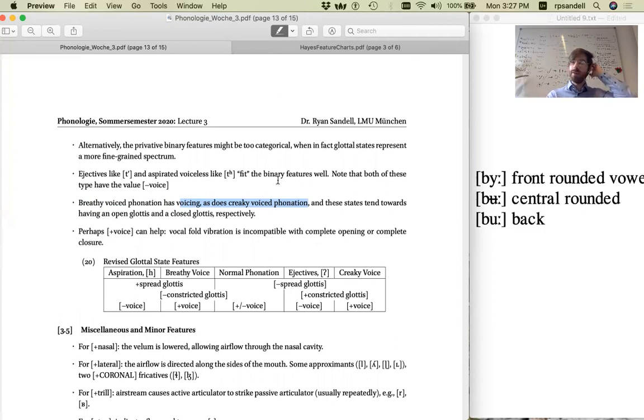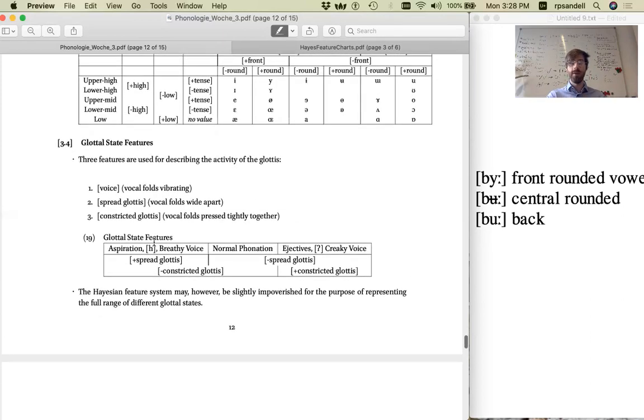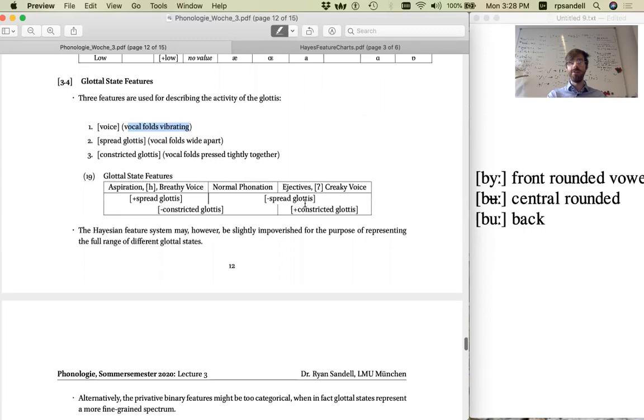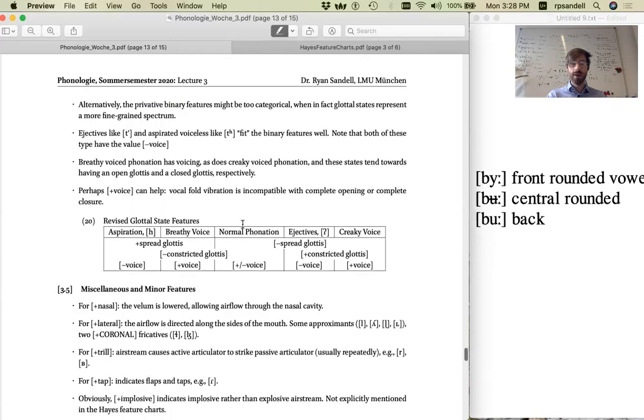And what's interesting about these phonation types is that they tend towards having an open glottis, and they have a tendency towards being more open or more closed. But the feature voice here makes the complete openness of plus spread glottis or the complete closure of plus constricted glottis impossible. Namely, if the vocal folds are trying to vibrate while simultaneously being in an open state or a closed state, then we achieve these intermediate phonation types of creaky voice and breathy voice. So we could maybe